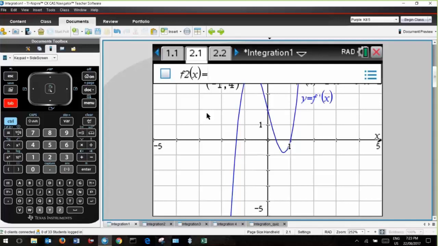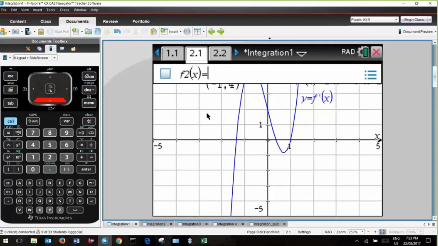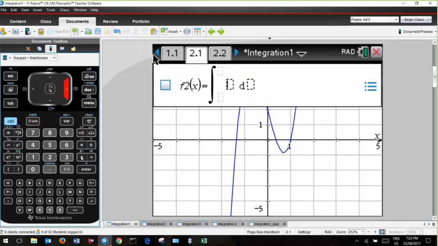on the same page, also graph the antiderivative. So f of x should be an antiderivative of f dashed of x. So I'm going to use the shift plus shortcut to get the template, and I already have f dashed of x in f1, so f1 of x is f dashed of x, and I'll tab across the x,